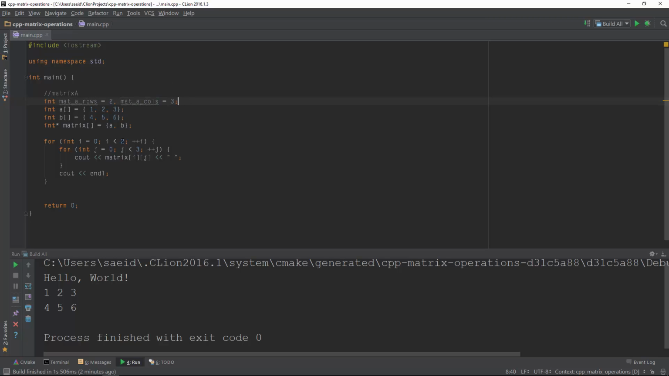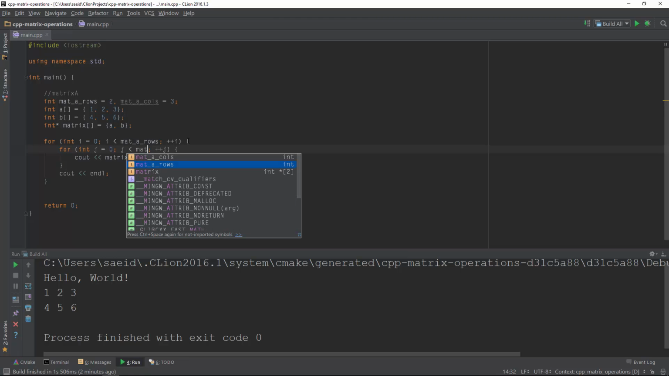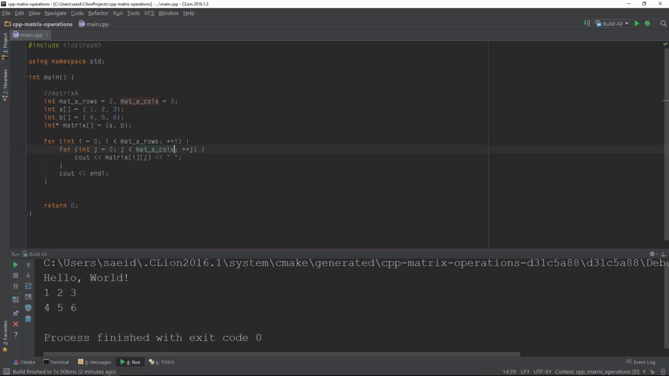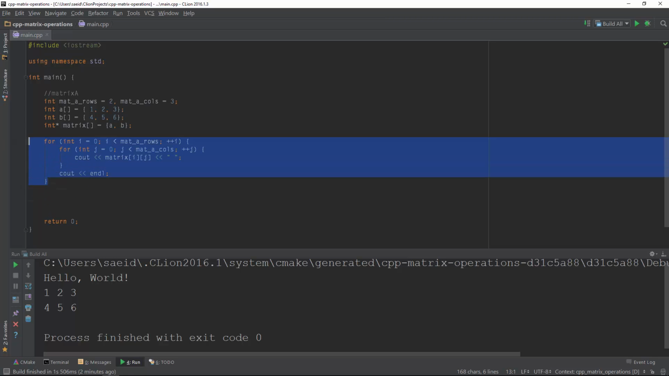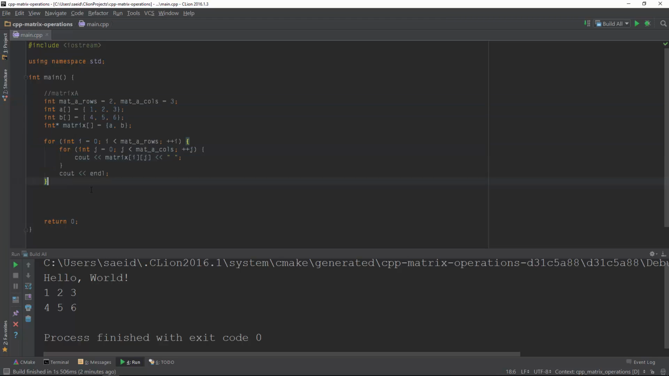And then we simply update our loop condition, and for this one we call matA rows, and for the j loop we replace it with matA columns. So this is a more abstract way of doing things, and just for the sake of fun, let's try another matrix. Let's just copy paste this one,